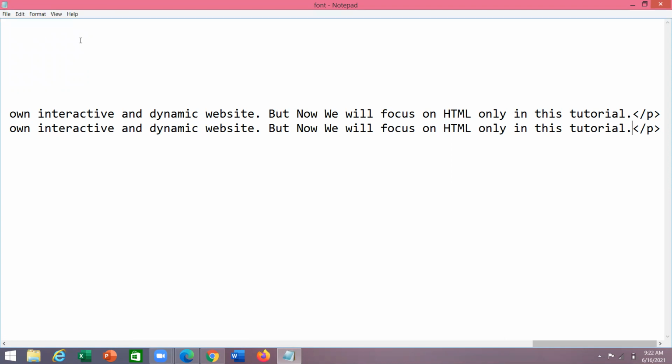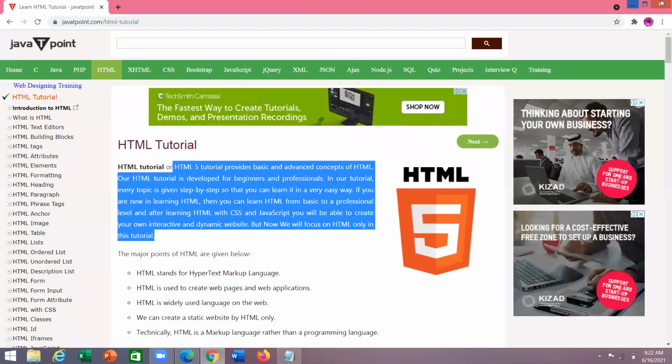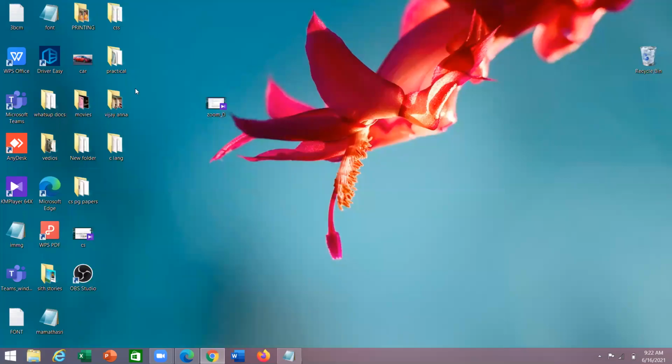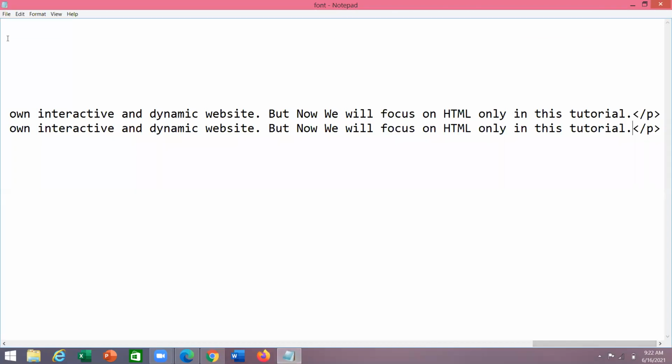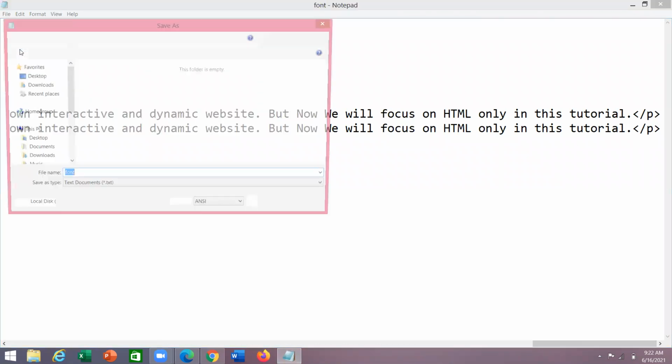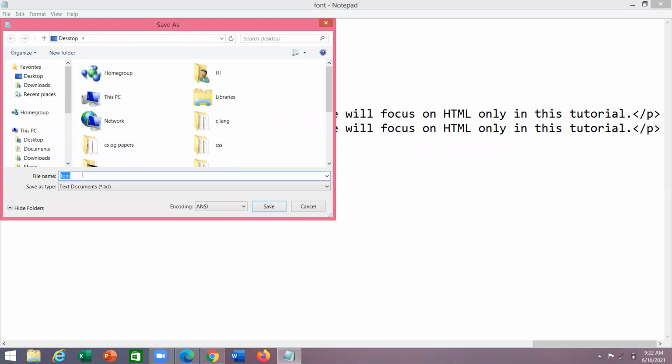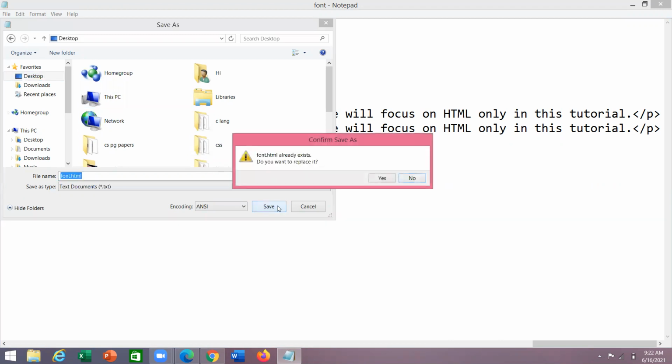After completion of saving the document, we need to go to the web browser. So I'm opening the web browser. I did not mention font.html properly, so I'm saving the document again. Save as font.html, save.